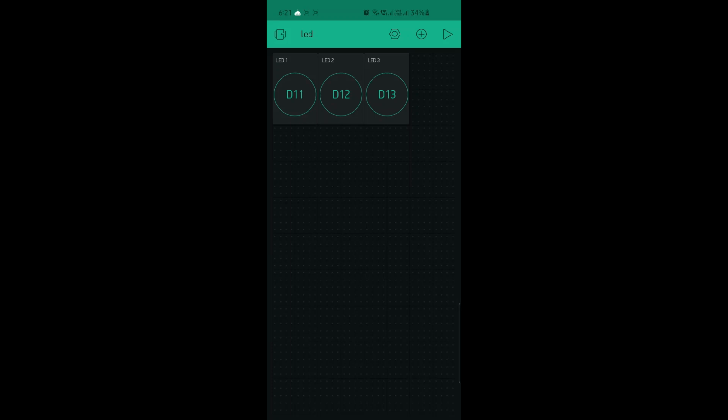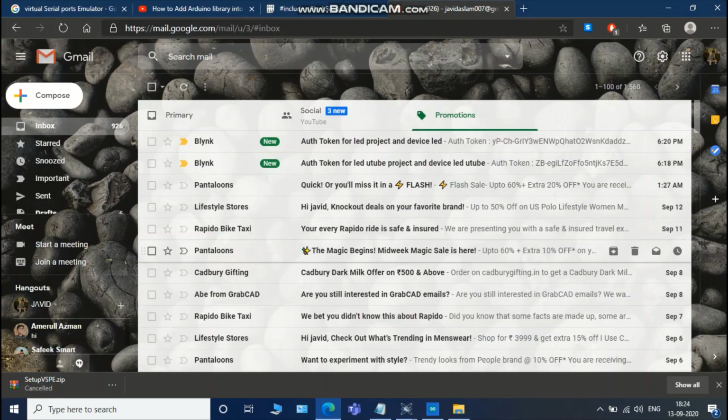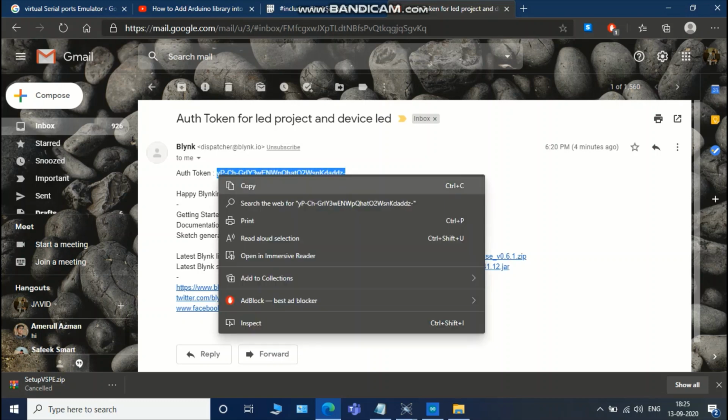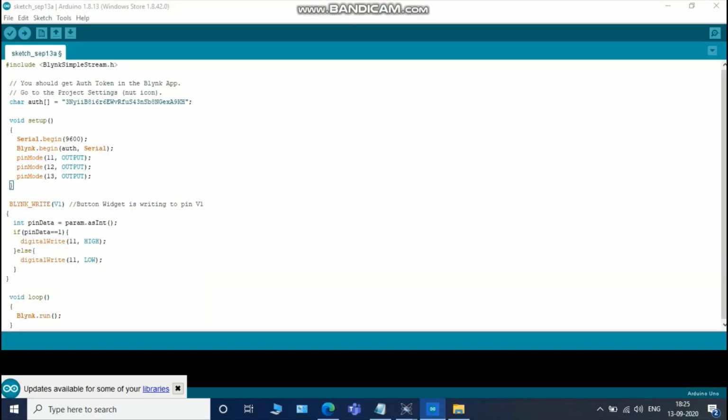Then now go to your mail and copy the authentication token here. Copy. Then replace that previous token.